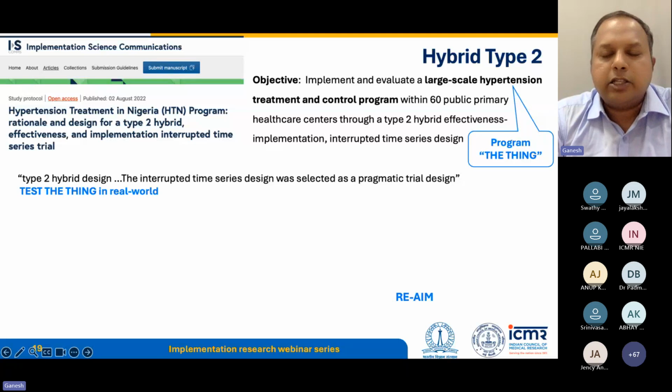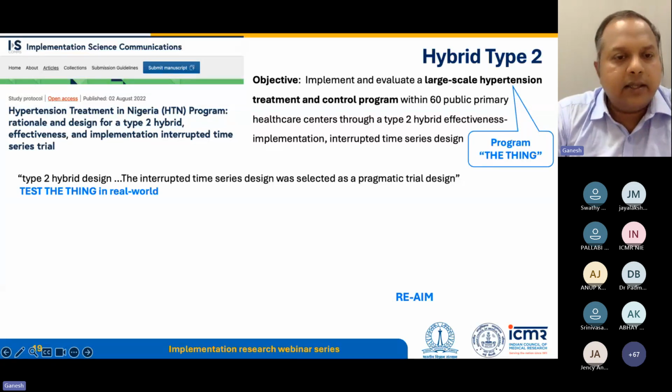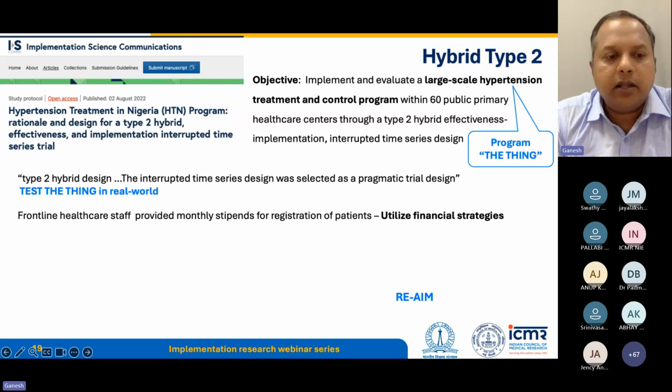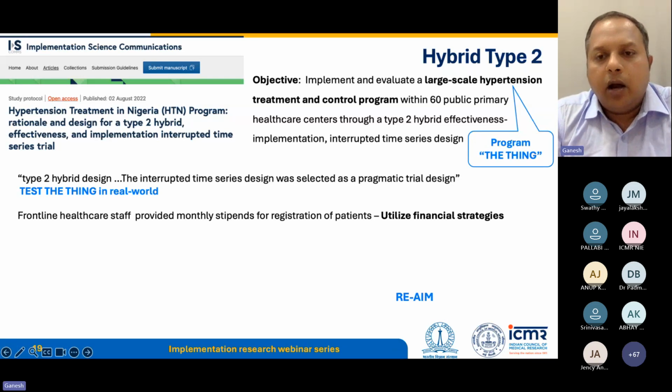And they have selected a pragmatic trial design. So they are testing the thing in the real world. I already mentioned that what we are trying to do here is give a kind of picture that in this particular large-scale hypertension treatment program, they are introducing some strategies. One of the strategies is a financial strategy, where frontline healthcare staff are provided monthly stipends for registration of